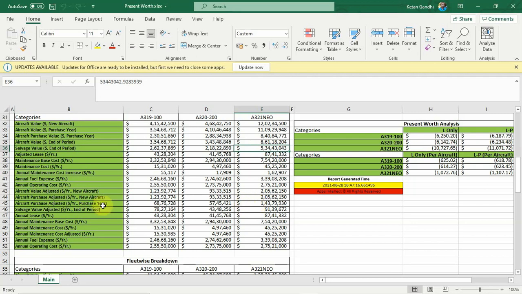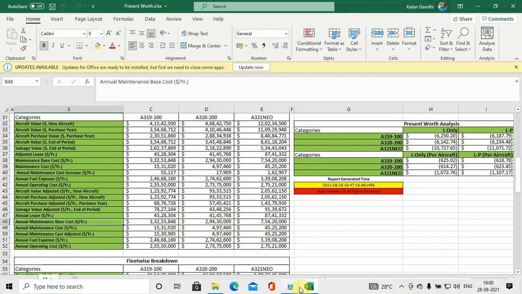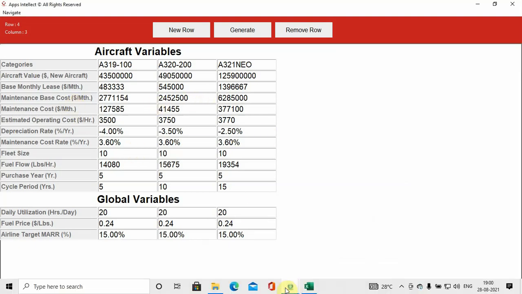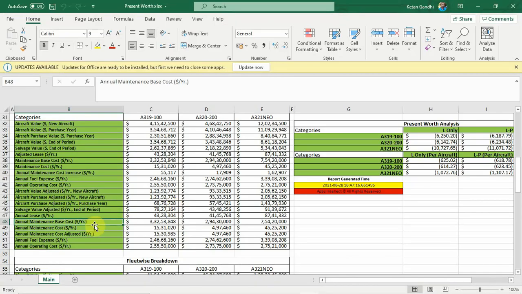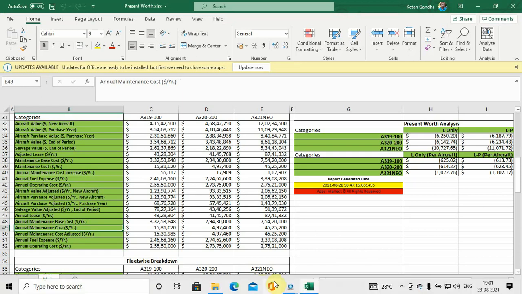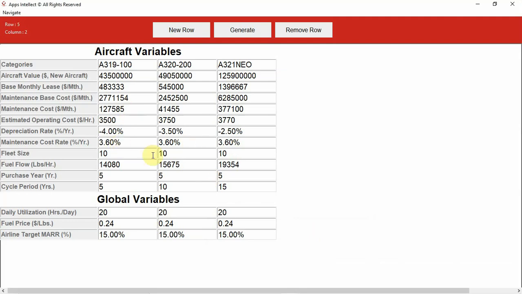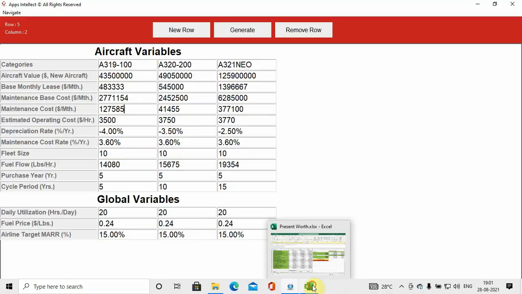Then the annual base cost would be done by what we had entered here in the annual base cost. Whatever we entered will be multiplied by 12, so that will be yearly. Then annual maintenance cost, that would also be entered from here. Annual maintenance cost into 12, and then we'll have